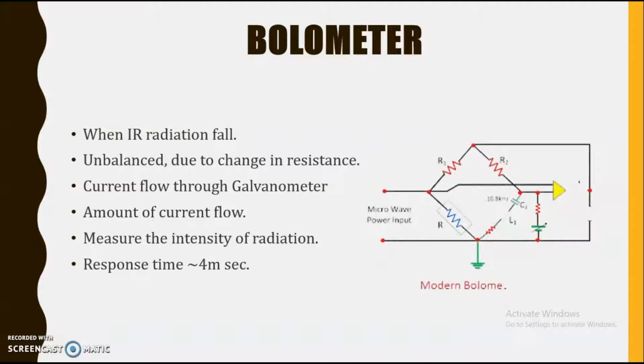This is the typical diagram of a bolometer, which consists of a thin metal layer. It is also connected with the help of variable detectors, and another resistance is attached to this Wheatstone's bridge. This is the balancing arm of the Wheatstone's bridge, and here you can see the radiations coming from the sample. They fall on this particular point, and when these radiations fall on this surface, that leads to a change in the resistance of this bridge, and the current will flow towards the galvanometer. In this way, the bolometer is used to carry out the detection of IR radiations.